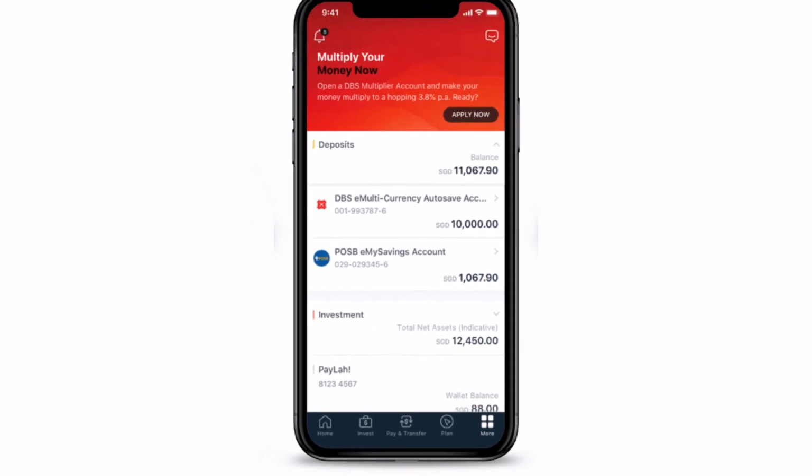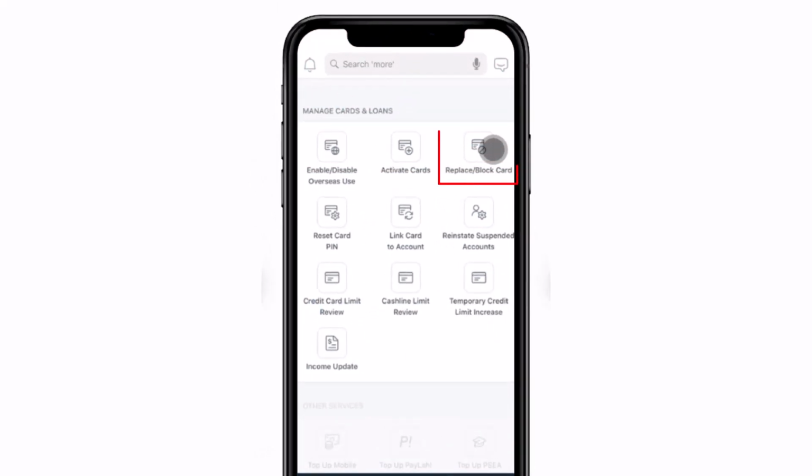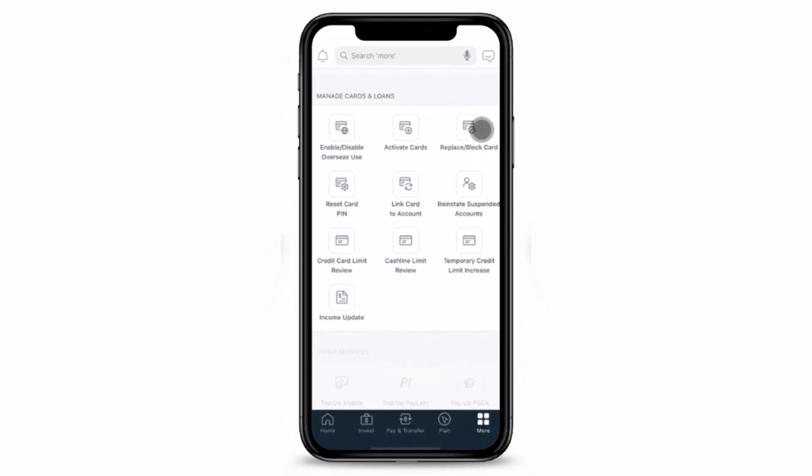Once you tap on the more button, you will see this kind of interface where, under the manage card and loan section, you have to simply select the option called replace or block card, which is at the very top right. Once you select it, on the next page, we have to simply